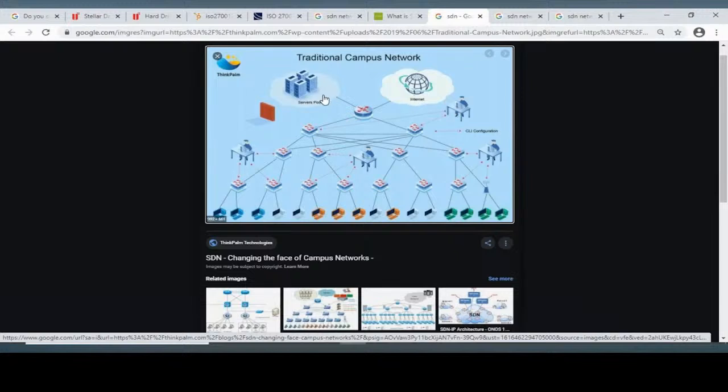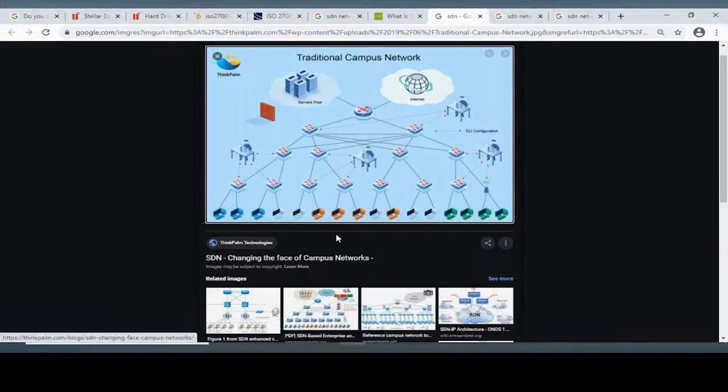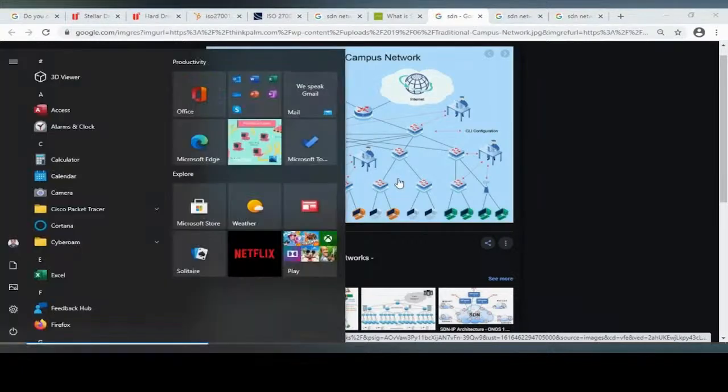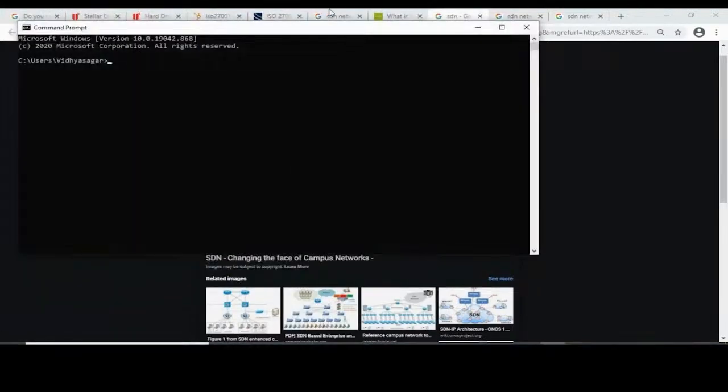Like if you can see, there is a small difference which enables you to define this, where SDN comes into the picture. This is our server pool. You can say this is our data center. These are public users available. These are networks. So whenever traffic comes to this router, it then moves to a different router, as per the policy that has been configured or as per the availability of different routers. Like for example, let's say you want to use